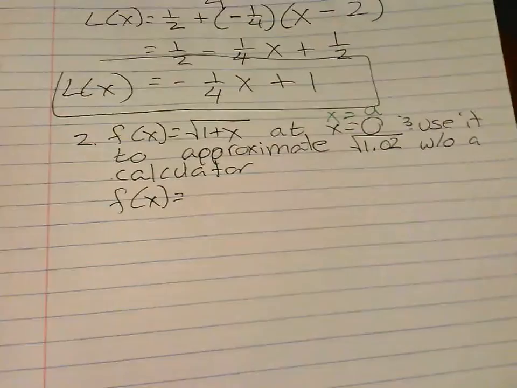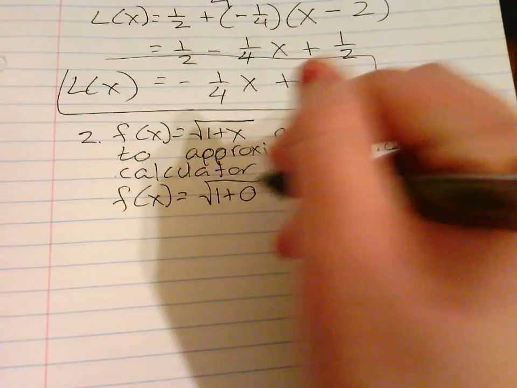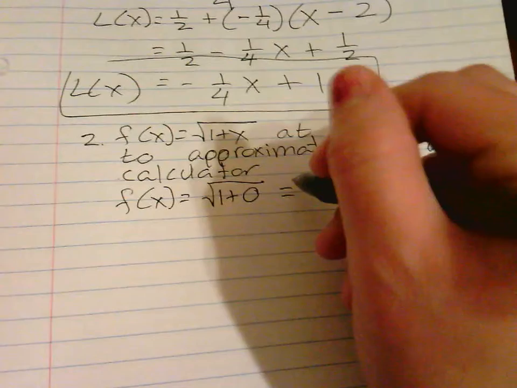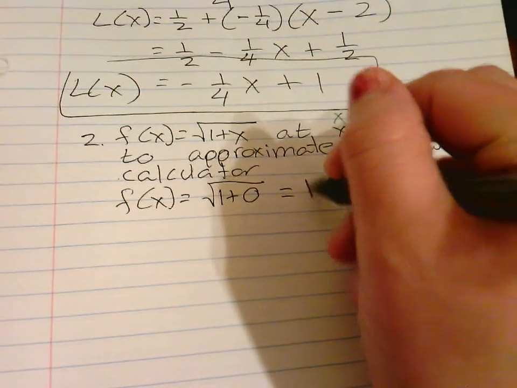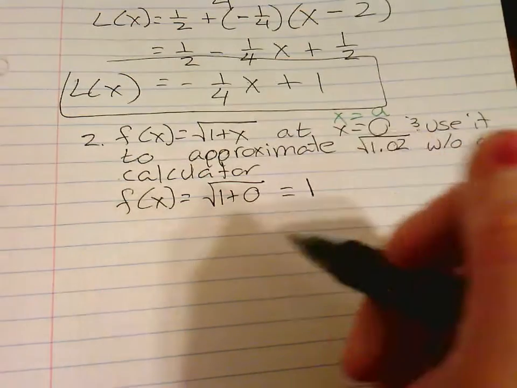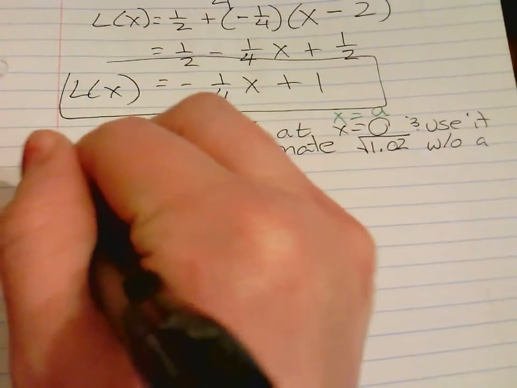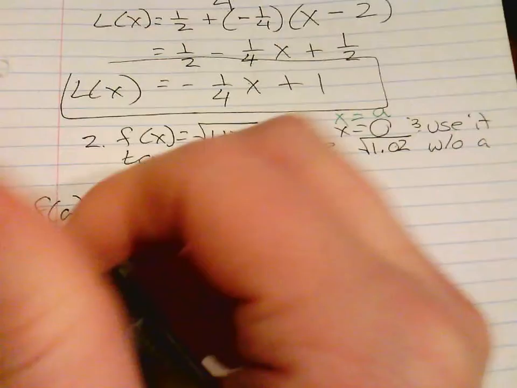And so f of x equals the square root of 1 plus 0, which is the square root of 1, which is 1. Okay, now you're going to find the derivative, which is f of a. A little bit more specific. So then we got f of x